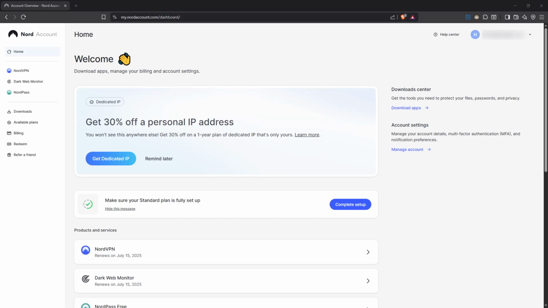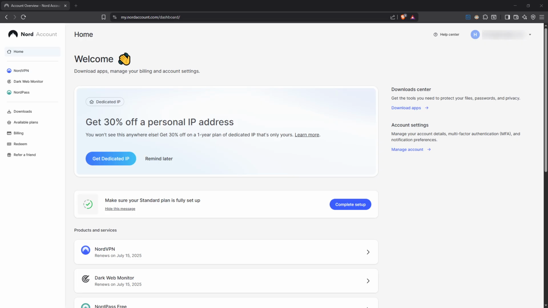In today's video, I'm going to teach you how to remove a device from Nordvpn. This straightforward process will help you manage the devices connected to your Nordvpn account, ensuring your network remains secure and clutter-free. Whether you are looking to streamline your connections or troubleshoot an issue, following these steps will guide you through